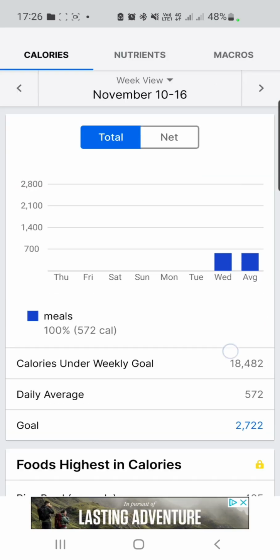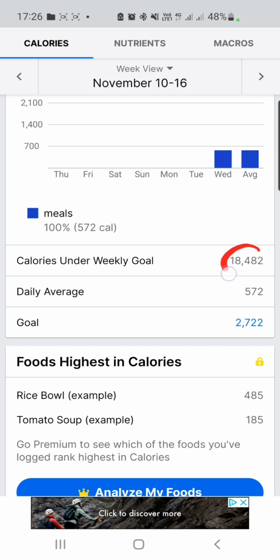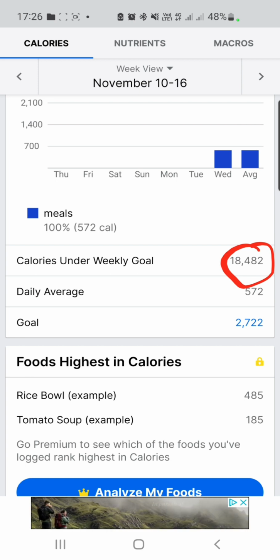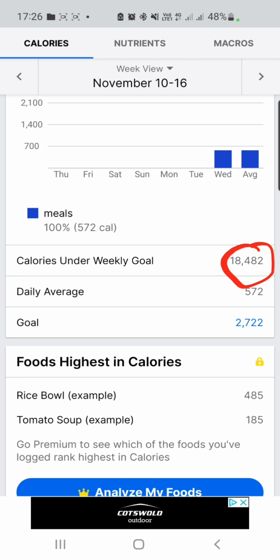So if I go back on calories, go down, that is the average for the week. For the week, that's what we want. Not for the day. Win the day, you win the week, yes. But if you've had 2 or 3 bad days, quote unquote bad days, the day's the day, it doesn't make a difference to me. Like, we're not making this overcomplicated. And I say that because